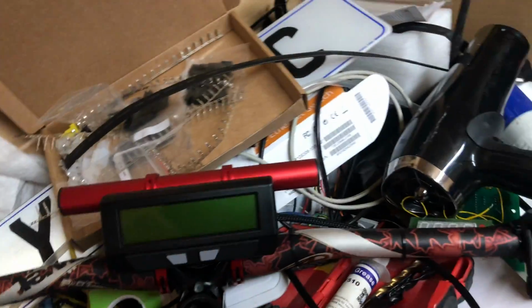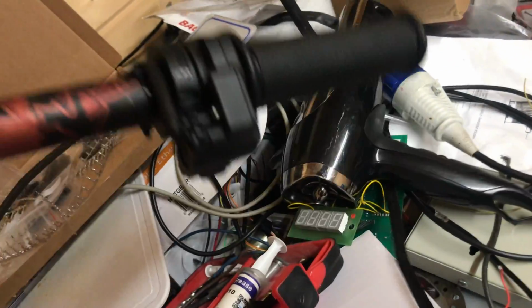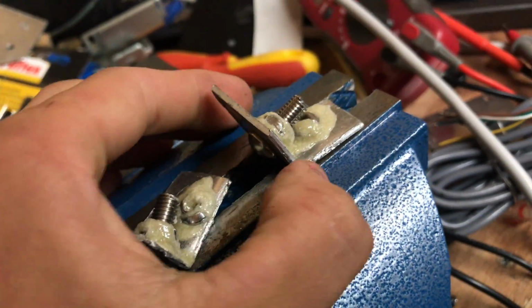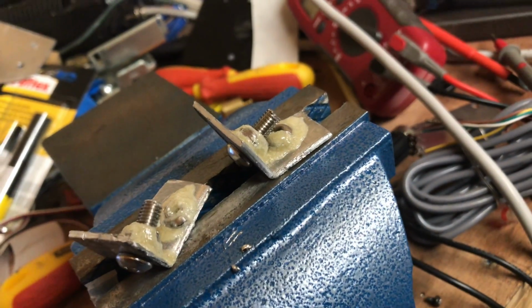What else is there to talk about? Oh, the handlebars. Right, so this is what we've got so far. Oh Christ! Don't drop that. I've just dropped the thing that's meant to be setting, which has all the glue on it for the charge